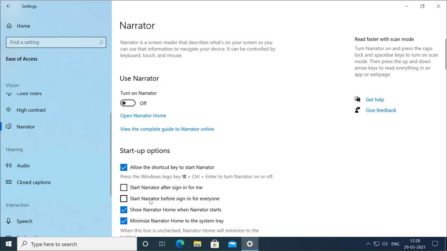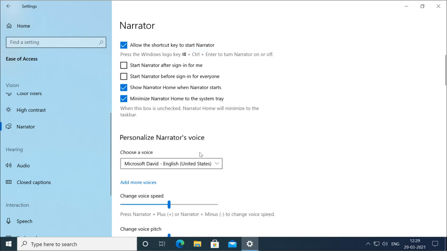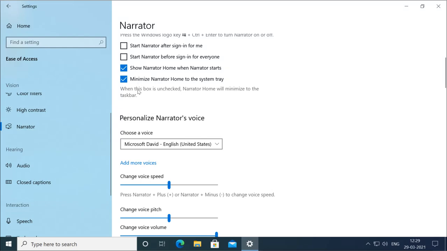You can start Narrator before signing in, enable it for everyone before signing in, and show Narrator Home when Narrator starts. Minimize Narrator Home to the system tray. When this box is unchecked, Narrator Home will minimize to the taskbar.